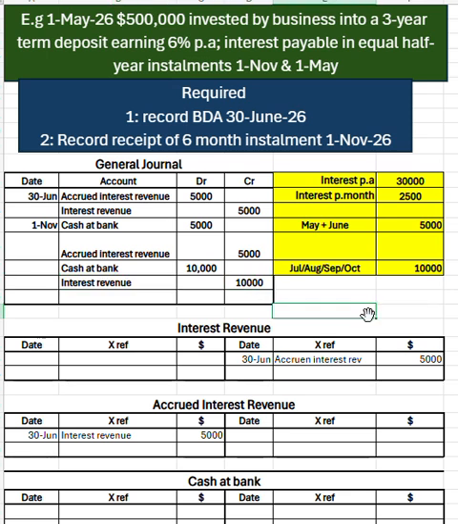So let's just tidy up our ledger here. So in our interest revenue account on the 1st of November, we've received 10 grand, and you close this off to the P&L summary when we get to the end of the reporting period, after we've done the next adjustment, when we get to 30th of June. I'm going to close off my account interest revenue because we've actually received that for 5K. And in our cash at bank,